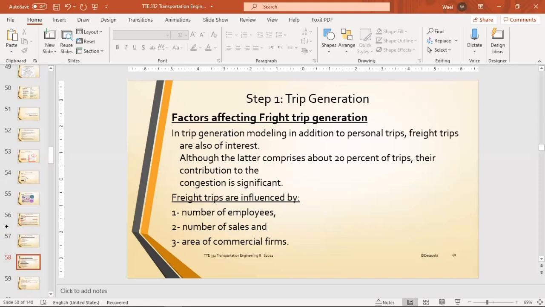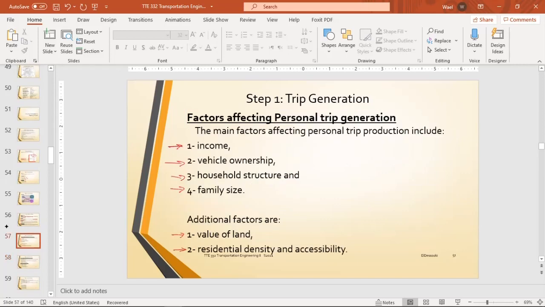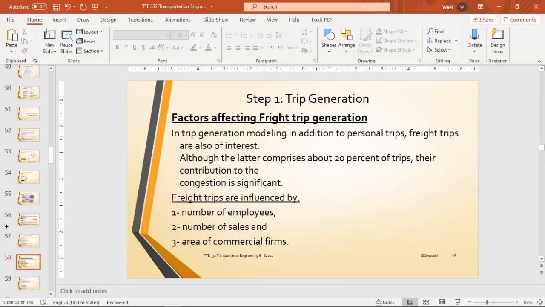For freight trip generation, okay, that's the previous part that was for personal trips, رحلات الأفراد. But here that's for freight trip generation, الشحن التجاري يعني. تمام. In trip generation modeling, in addition to personal trips, freight trips are also of interest. Freight trips are influenced by, بتتأثر بإيه يا شباب؟